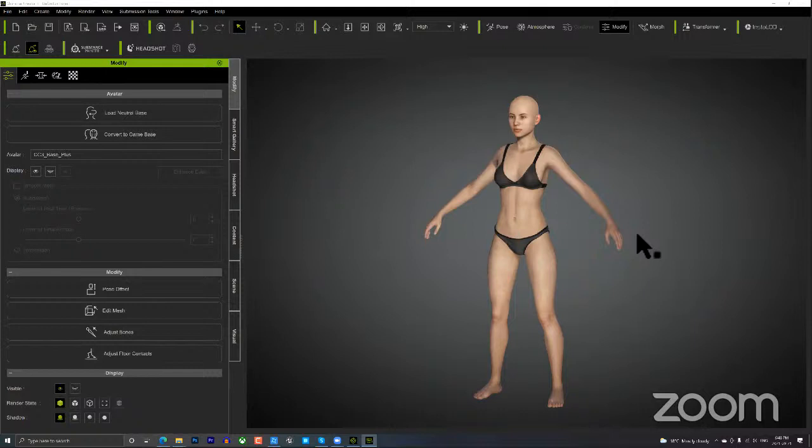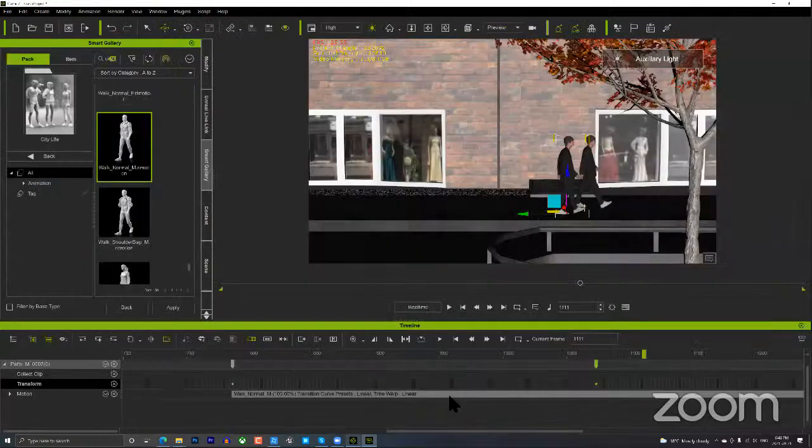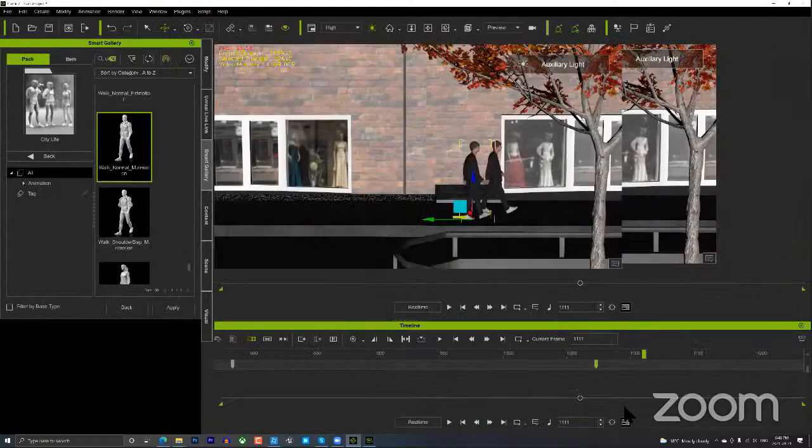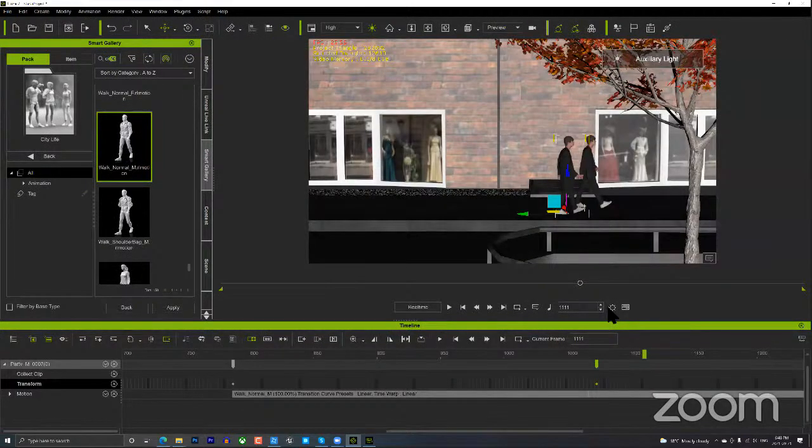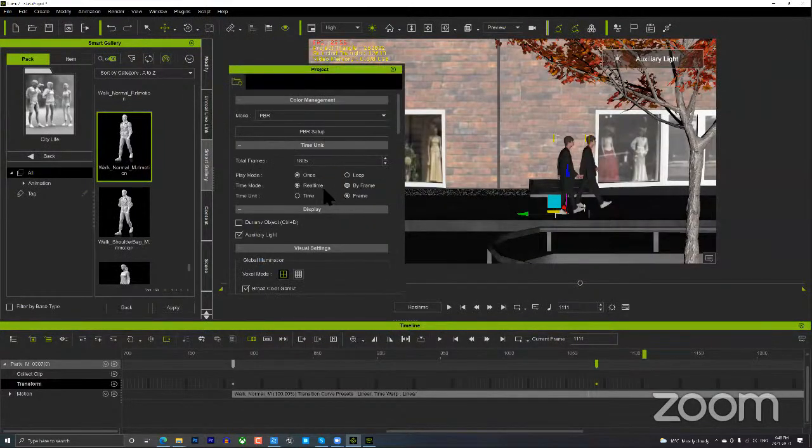that's what the ActorCore motions are there for, simply to click and drag onto a character. Like I created, I'm not sure how long this project is. Whoops. Let's see. It is about 30 seconds of animation. To animate 7 or 8 characters for 30 seconds, that'll take you a long time,